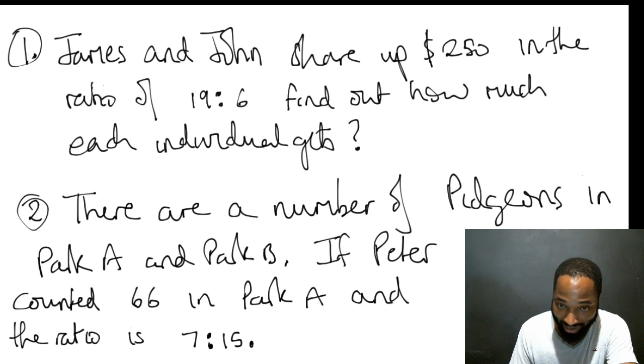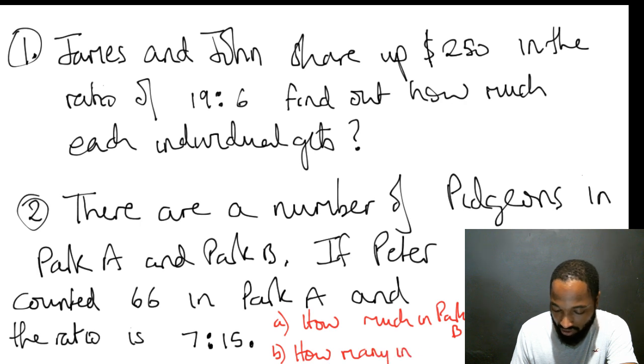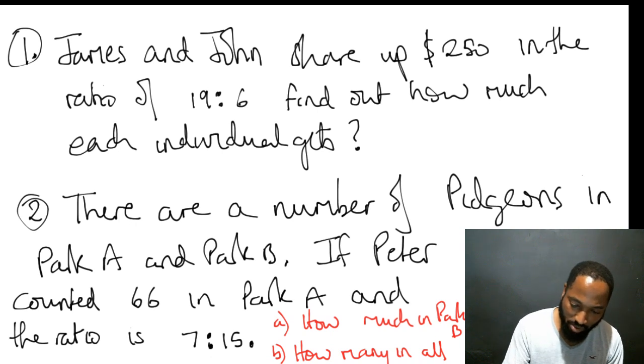2 parts to this question here. Go ahead and squeeze it in this little box on here. 2 parts in this question, right? So part A is how much in Park B. Hope you can see that. Sorry. How much in Park B? And what's the next question? How many in all? How many in all? I'm not supposed to say how much. I'm supposed to say how many. That's bad English. How many in Park B?